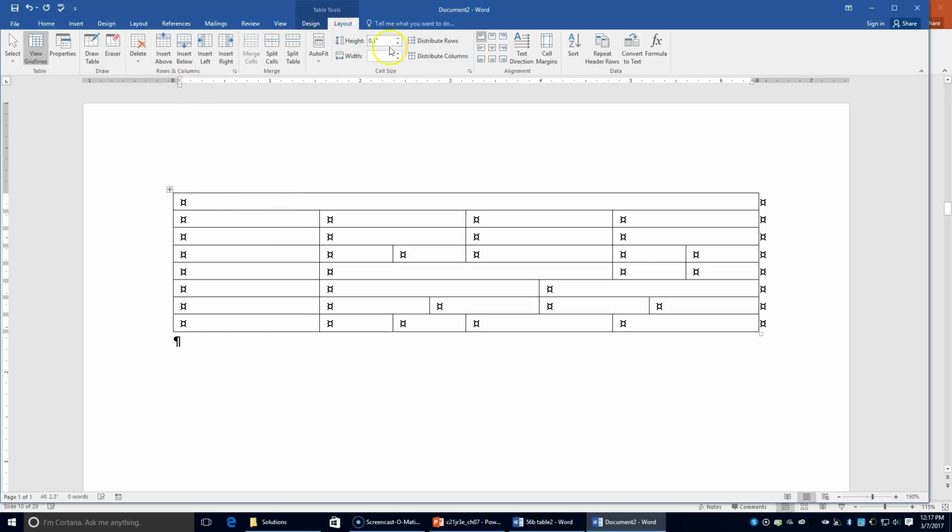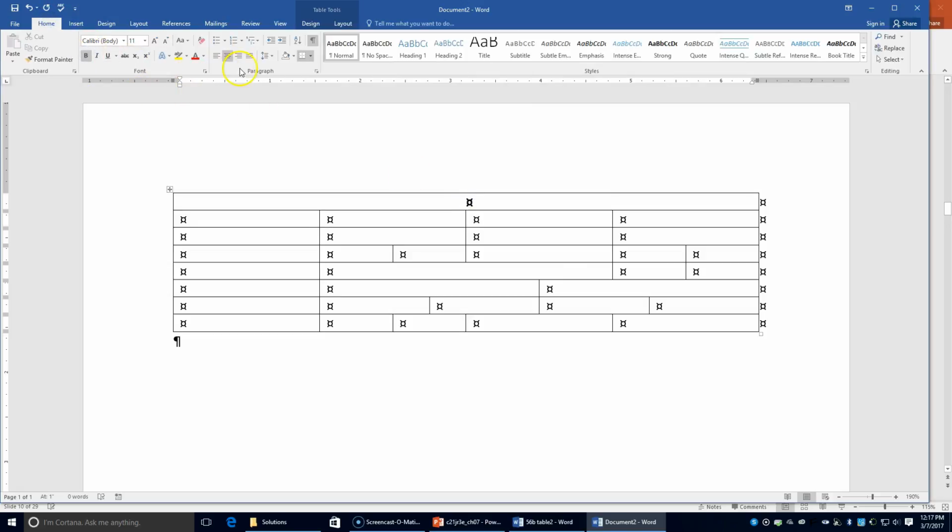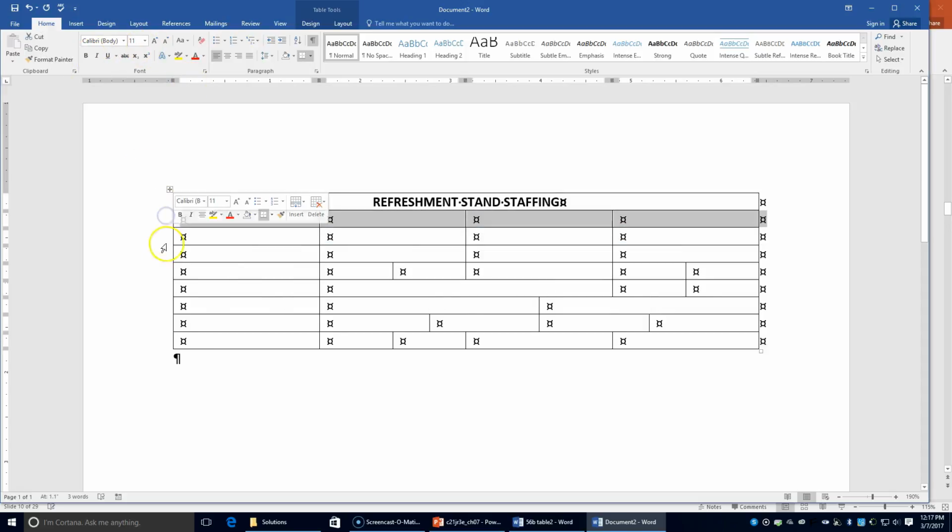We're going to go ahead here and center this row, and we're going to type this in bold and in all caps. Refresh Mint Stand Staffing. Okay, so Saturday, I'm going to go ahead and select the whole row here because we're going to bold it. We're going to type Saturday,